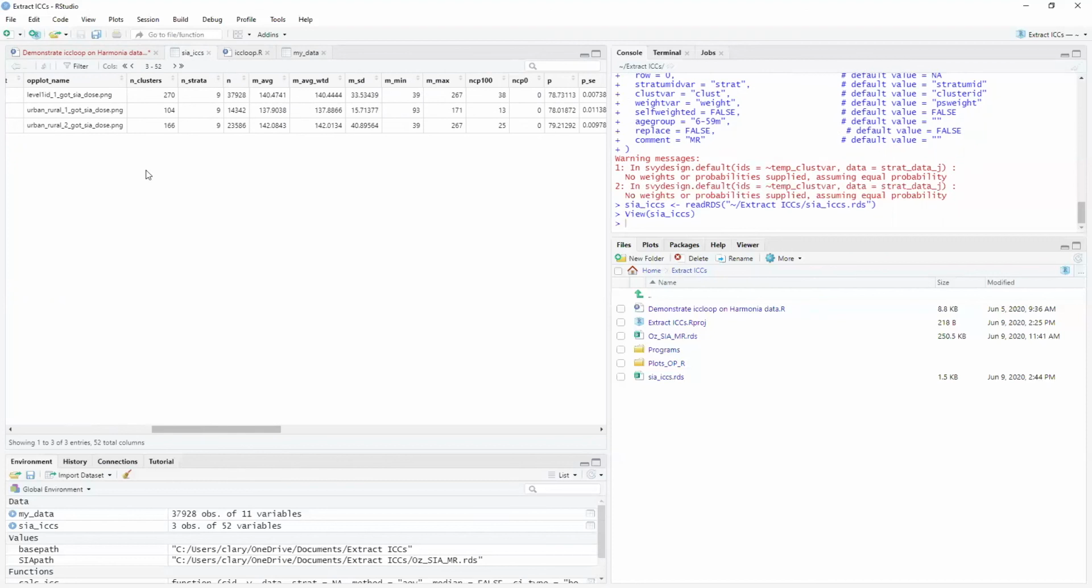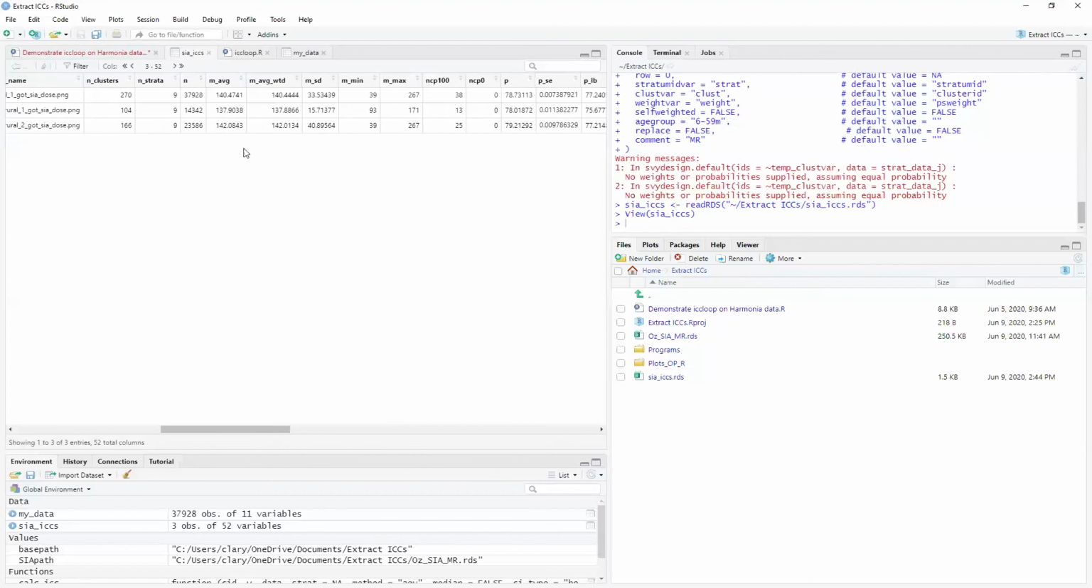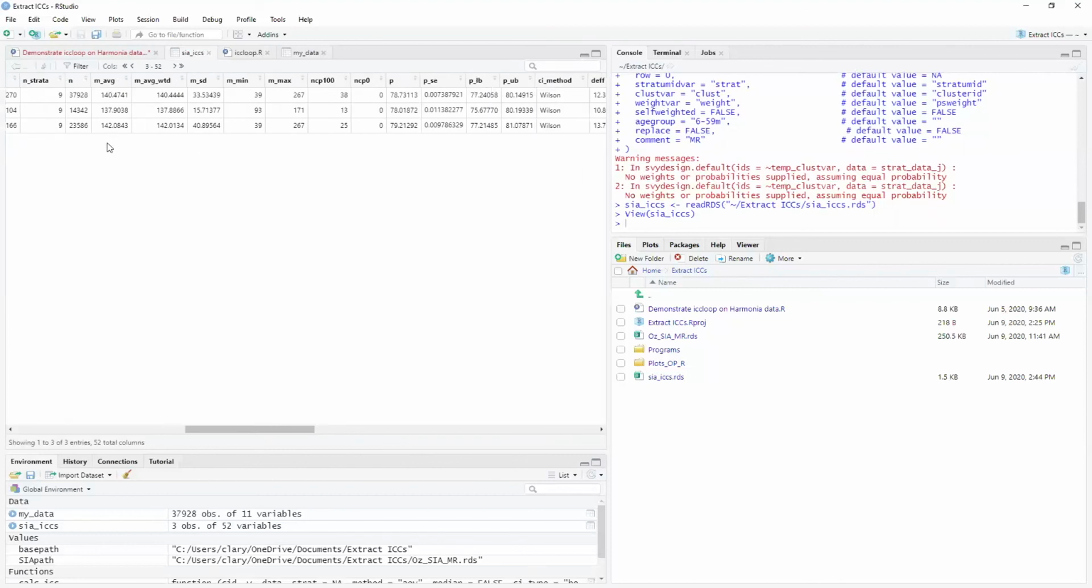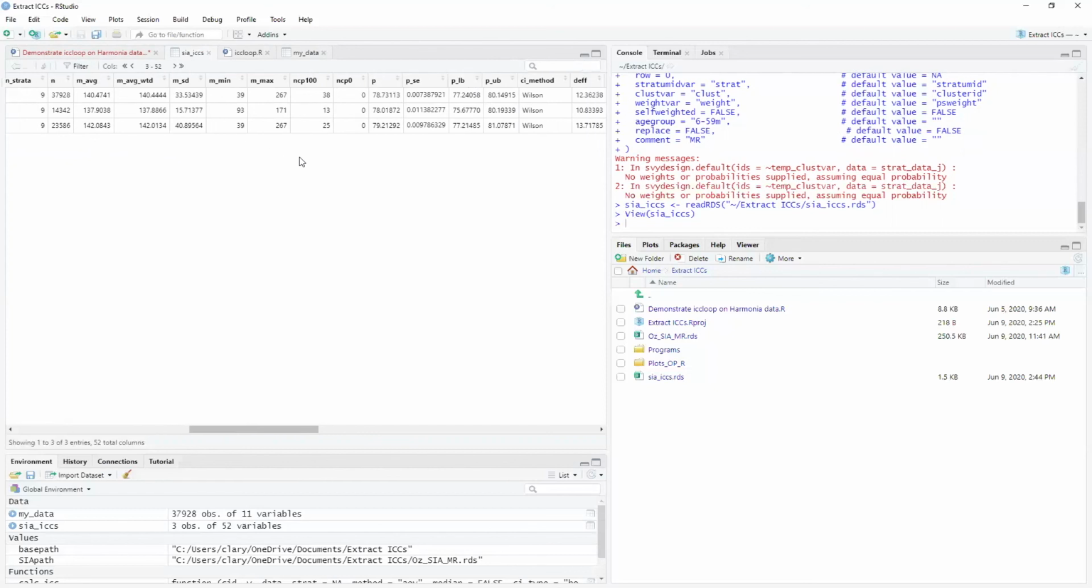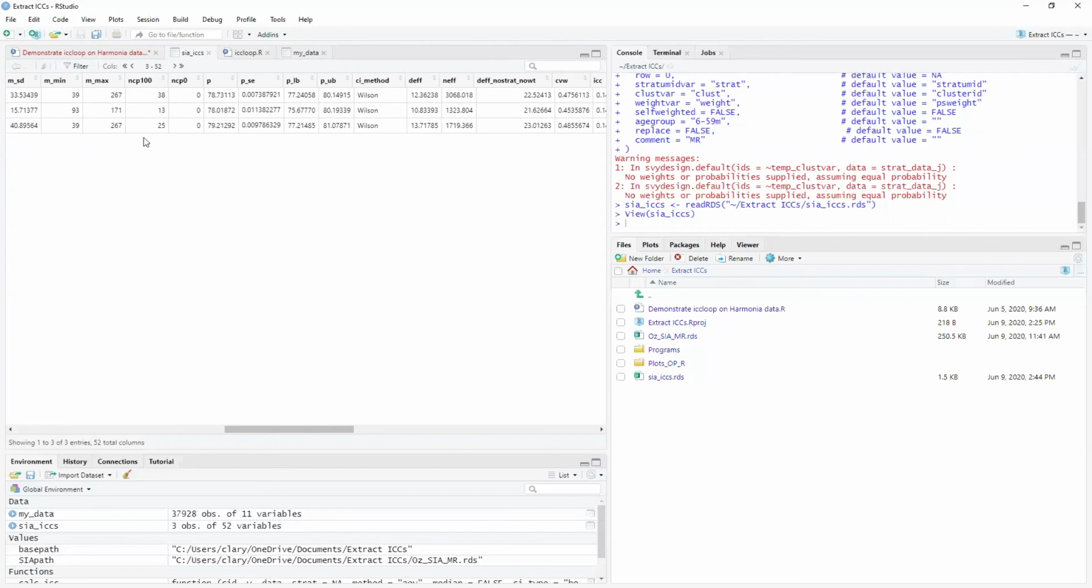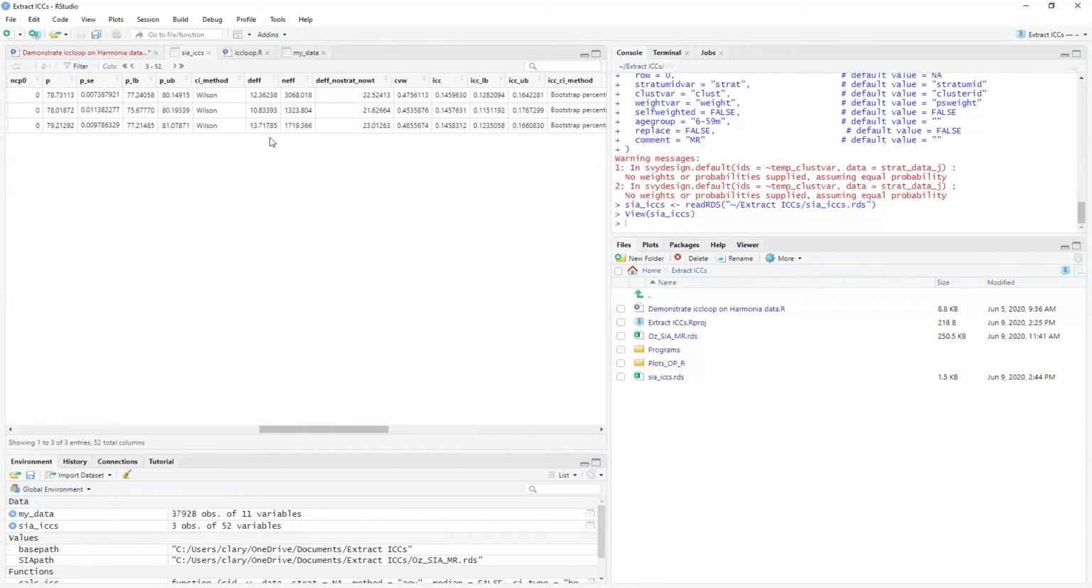We calculate the number of clusters, strata, and respondents in each of these rows, the average number of respondents per cluster, as well as the weighted average, the standard deviation, and the minimum and maximum of respondents per cluster. The number of clusters with 100% coverage, the number of clusters with 0% coverage, the proportion estimate, the standard error and Wilson confidence interval around that estimate, the design effect and effective sample size, as well as the design effect